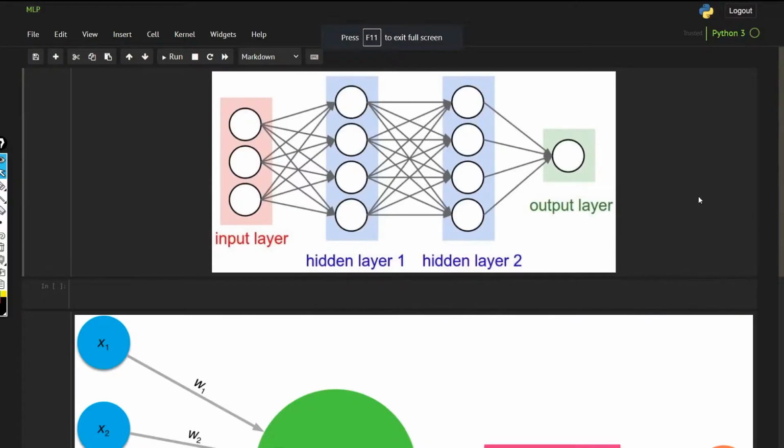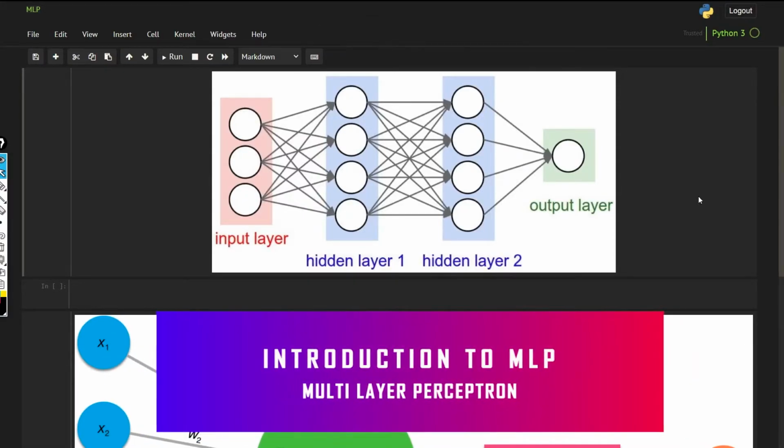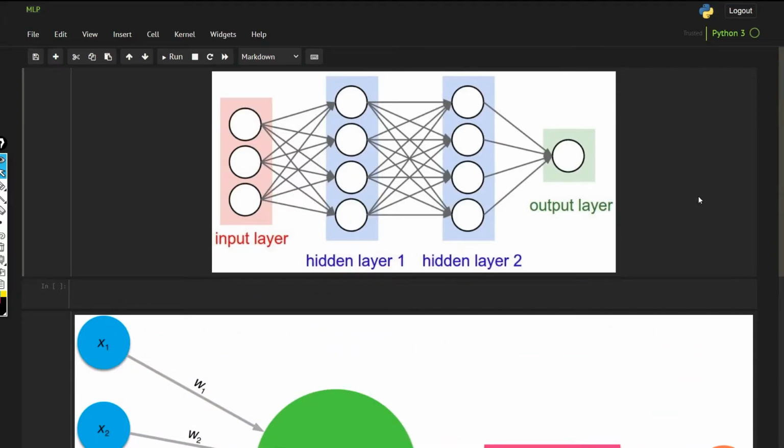Hello guys, welcome back to another video, and in this video I'm going to show you how to backpropagate in a neural network, or how to update the weights so that we can get a better output, or a good output. Basically, we will reach a global minima when we have a good output. So let's see how this is all going to work.